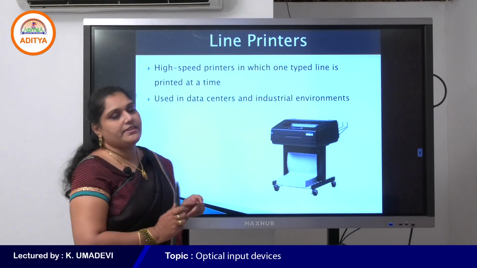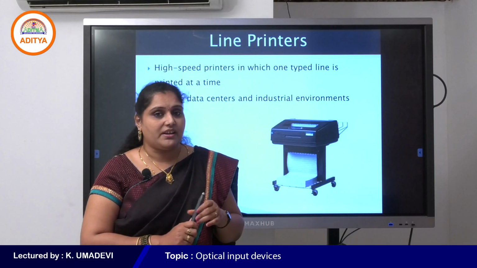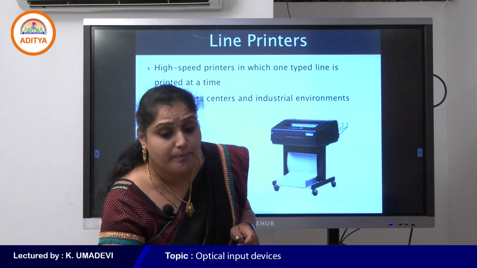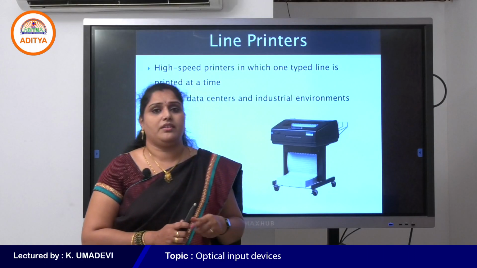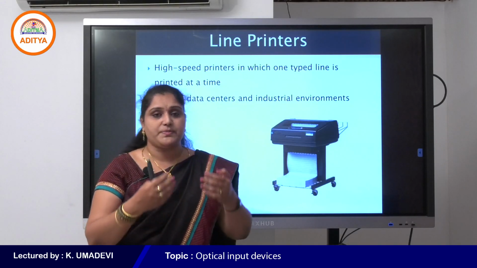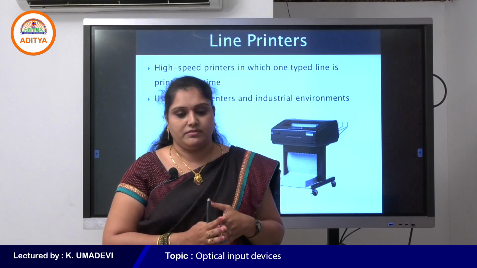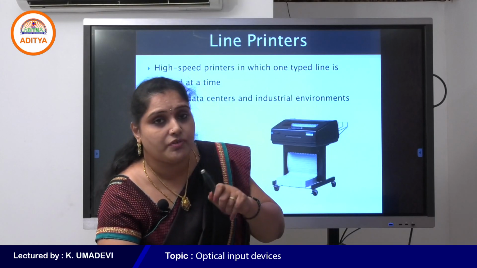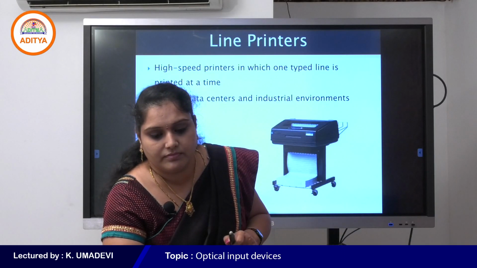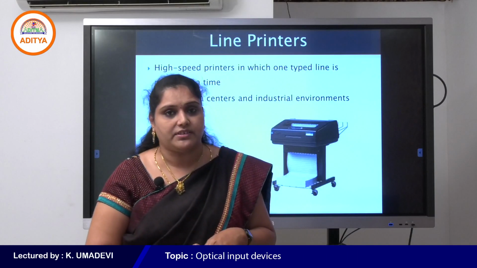So dot matrix, daisy wheel, drum, band, okay, and so many printers are available. Most of these printers are not utilized today because of high speed line printers, and because we have high speed laser printers and high speed inkjet printers to print large quantities of text or large amounts of data. Come on students. So why are these called impact printers?